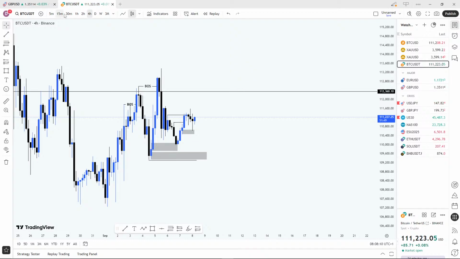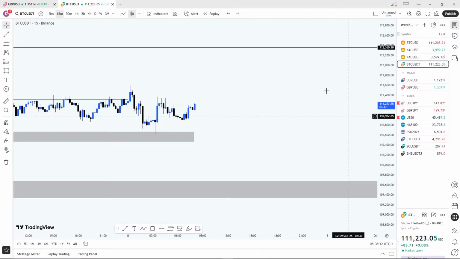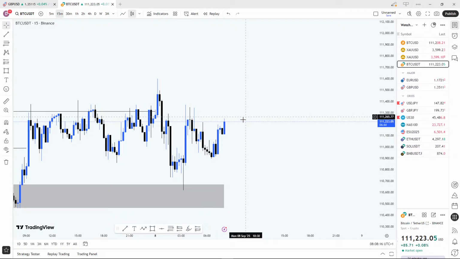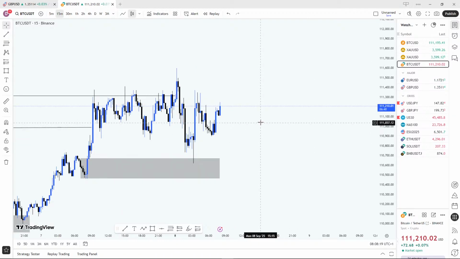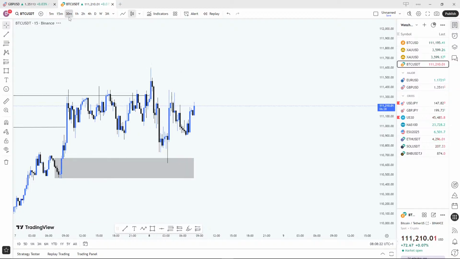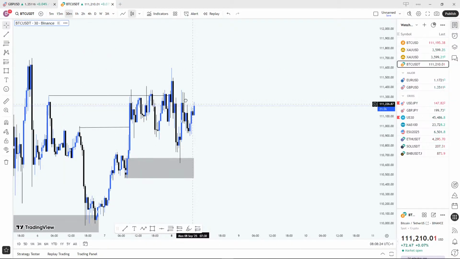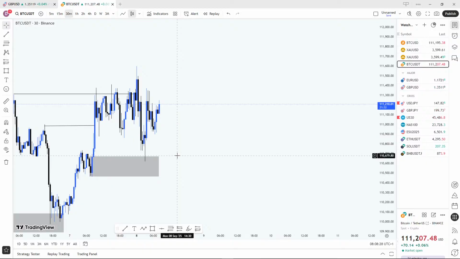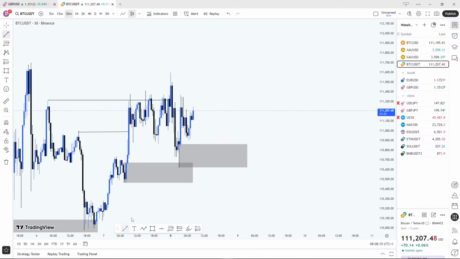So I want to go to my entry time frame to look out for a buy opportunity. The first zone this price got to was this very order block right here, and it's already reacting off of that zone. So the next buy zone is going to be from this very long wick as an order block, and this long wick has already created liquidity for us. Right, liquidity is already present at this very low.